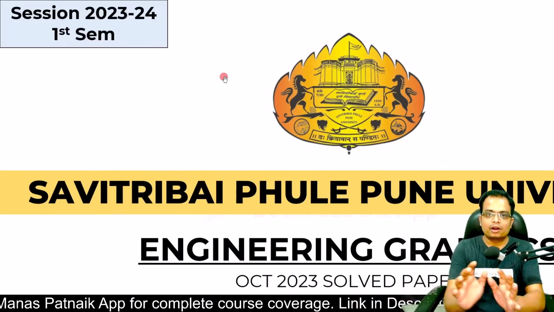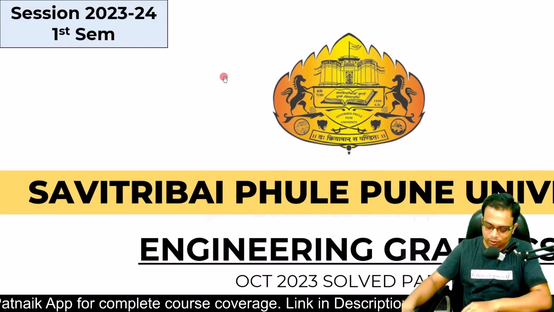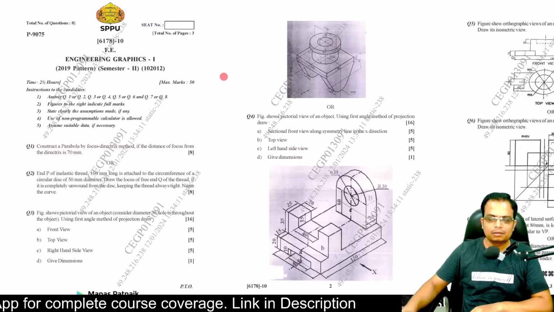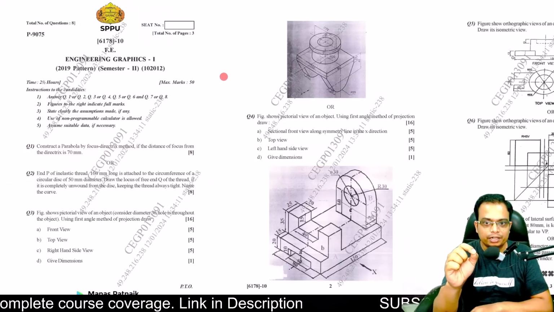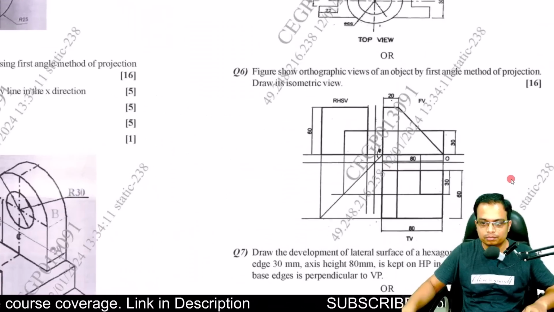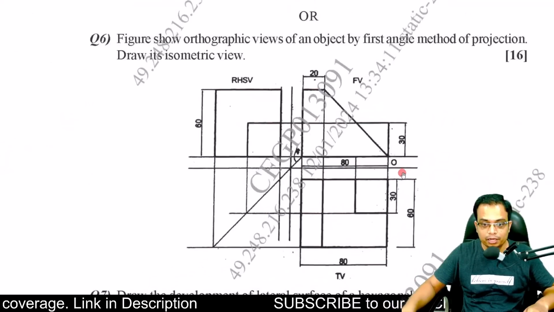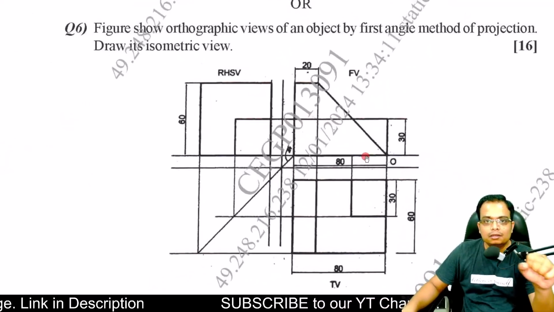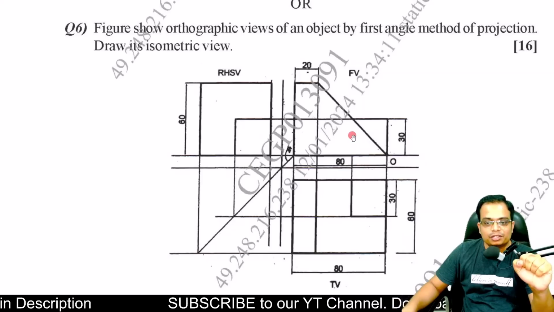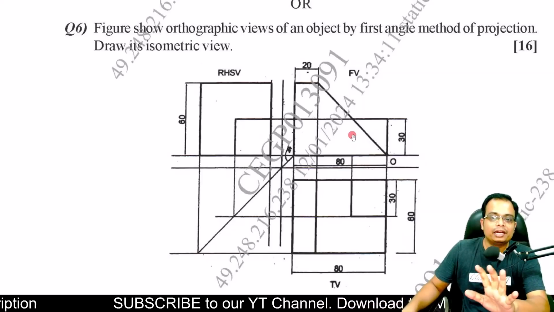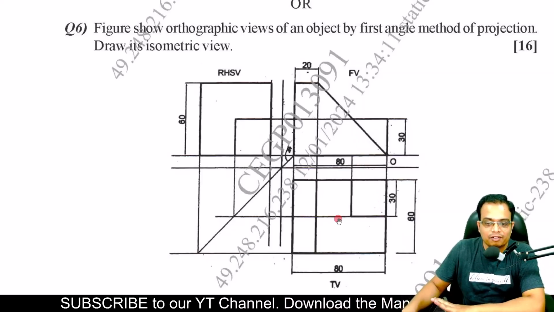Now we are on to question number 6. This is also based on isometric projection. You basically need to make an isometric view, and here is the problem. The moment you look at this orthographic projection, you are bound to get confused. There are so many lines. In fact,